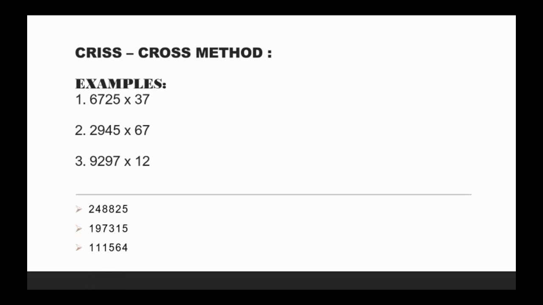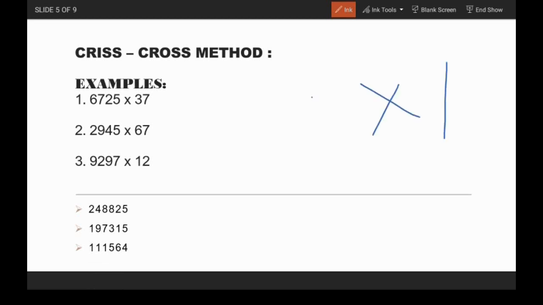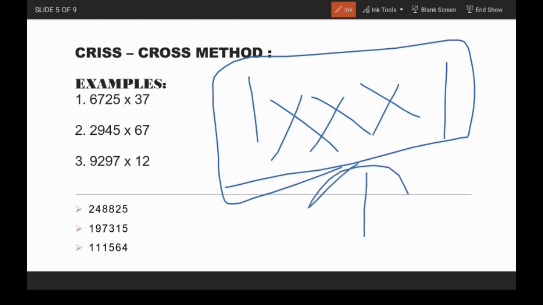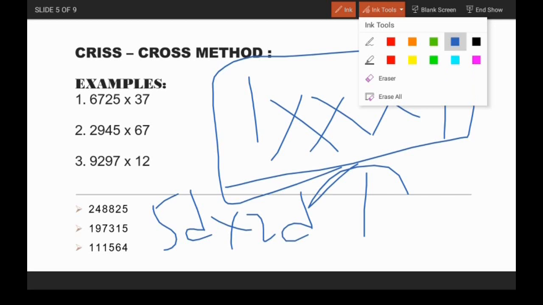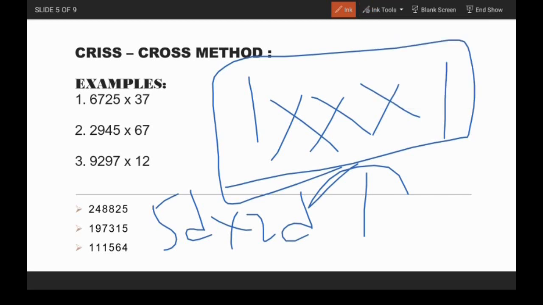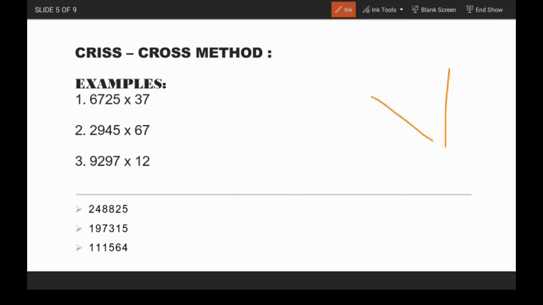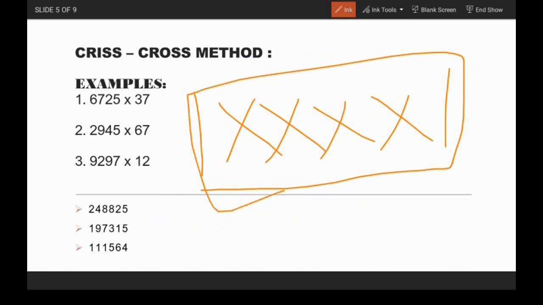So it's just simple. The trick is straight, cross, cross, cross and straight. So this is the hint over here. Okay, so similarly if we are doing 5D into 2D, what will be the change? We just have to add one more cross over here. So it's going to be straight, cross, cross, cross, cross and straight. So this is how it's going to be for 5D into 2D.